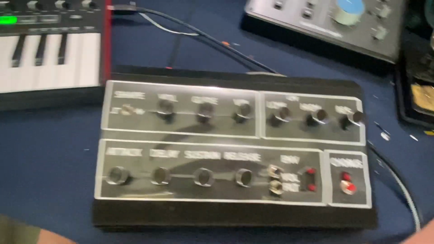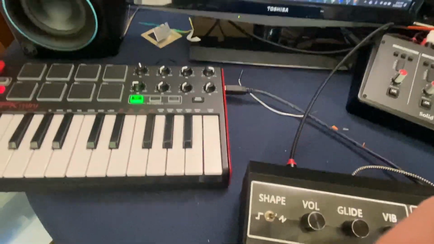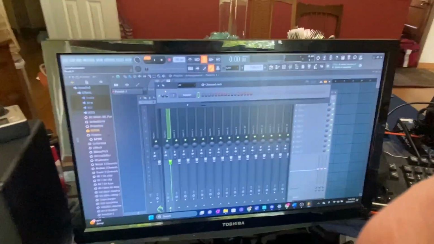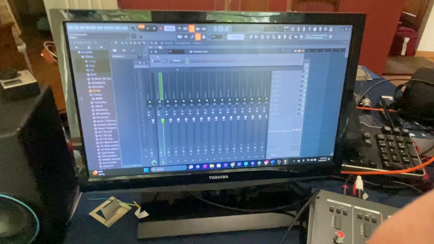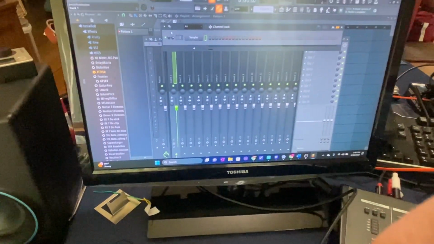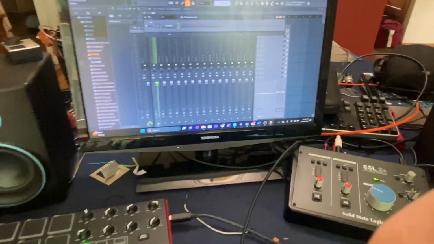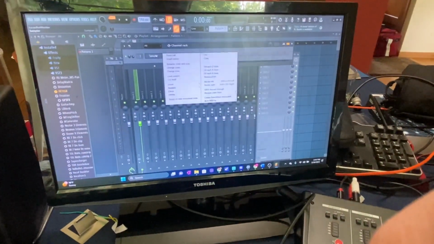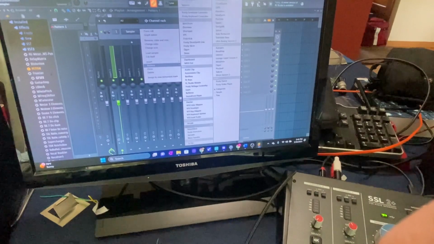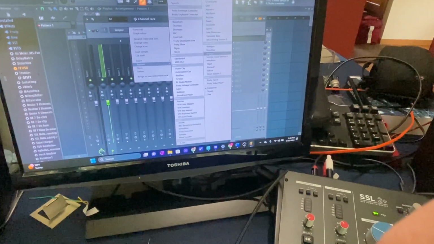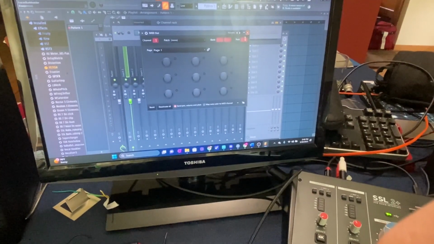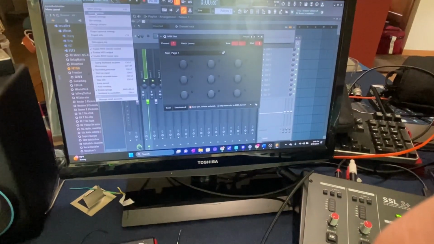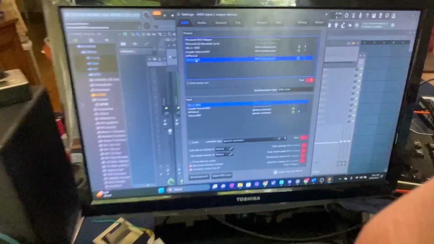I have this MIDI keyboard. Now this is just controlling the DAW. I'm using FL Studio, but you can use really any software that can input and output MIDI. So what I'm going to do here is open up a MIDI output instrument. And what I'm going to do, I can see in my MIDI settings, I have